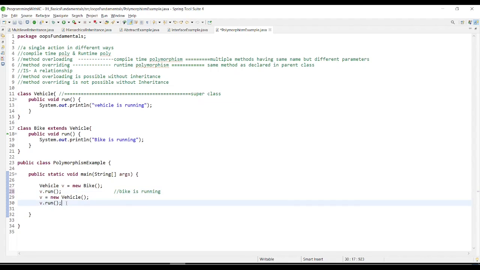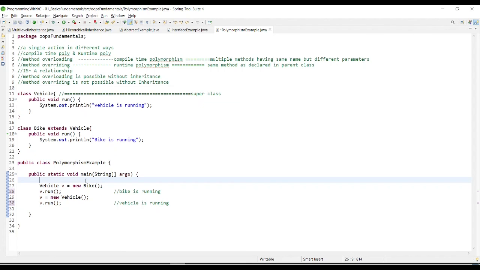And over here v dot run means it is the object of the vehicle. It means what? Vehicle is running. So what I will write over here, vehicle is running.